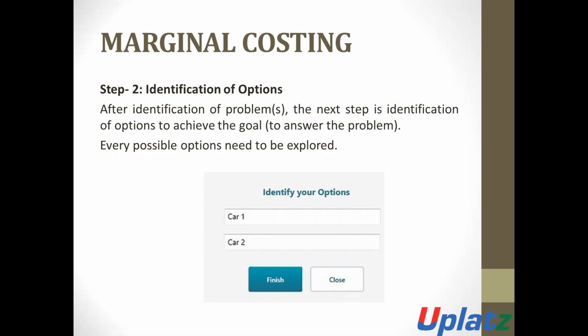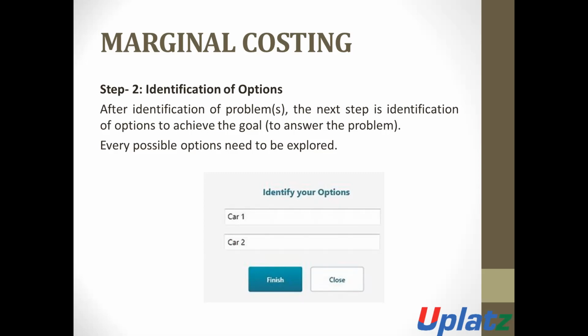Identification of the option is the next step in the decision making framework. When there is a problem, the entity identifies certain different objectives so that it can achieve its goals. Every possible option needs to be explored.